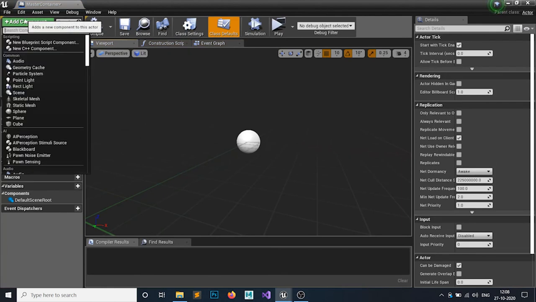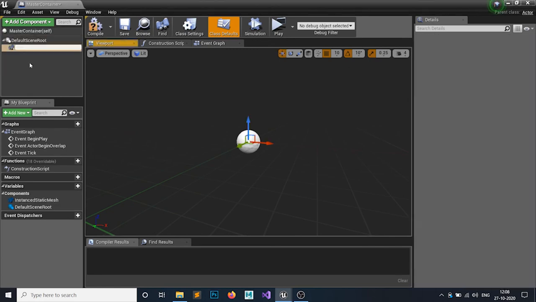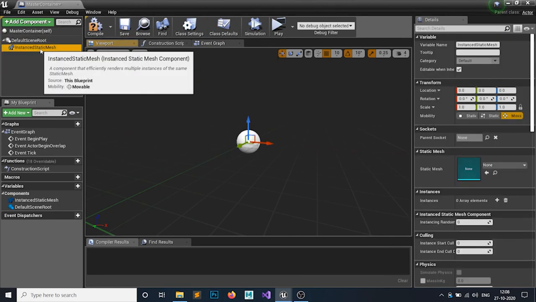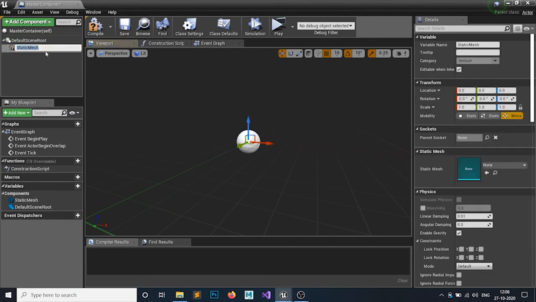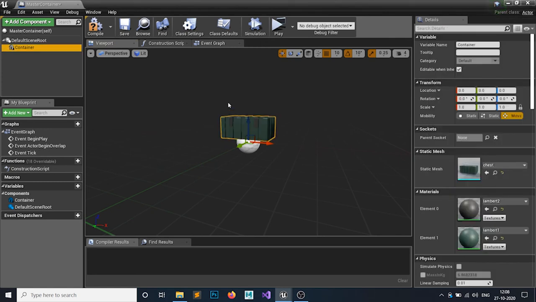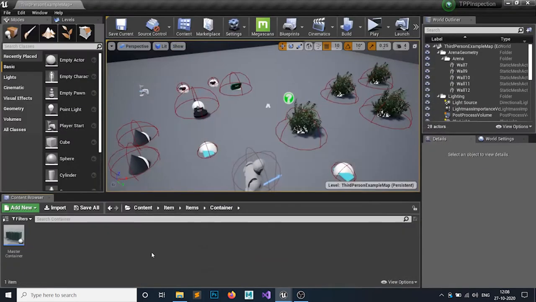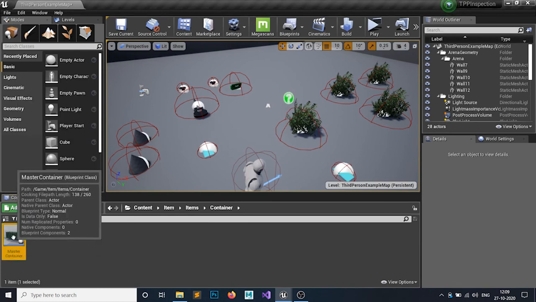That master container has a static mesh, not the instanced static mesh, the static mesh. This would be the container, and now the type would be a chest. So let's drag out this guy. I'm just gonna drag it out to see.